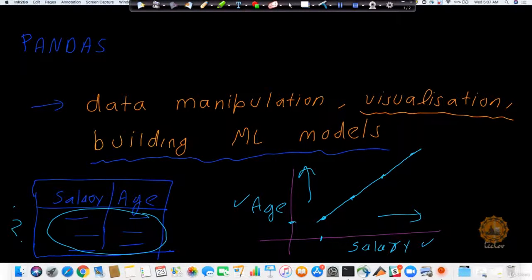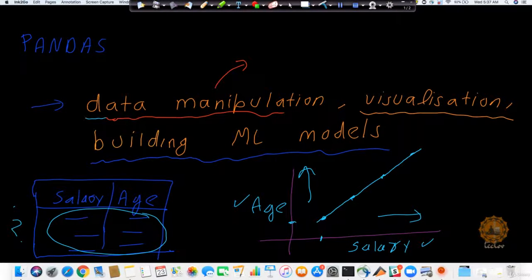That is what you will be doing with the help of pandas. Data manipulation, as we have already learned in the topic of NumPy. If there's data, we want to very quickly find out what's happening in this data: what's the mean, the average, the median. All those manipulations we will be able to do with the help of pandas.